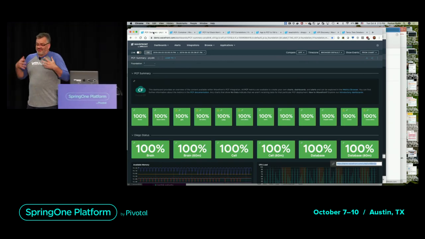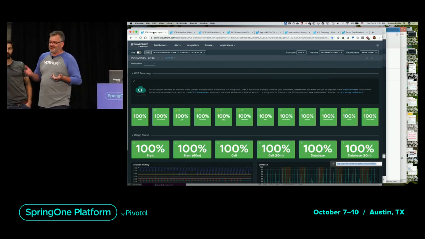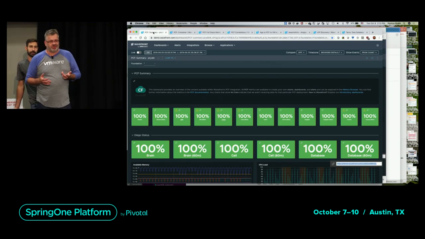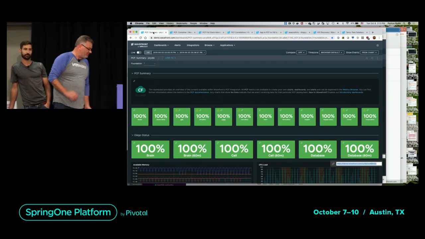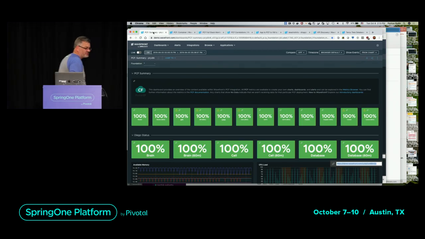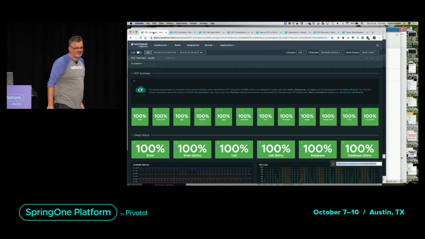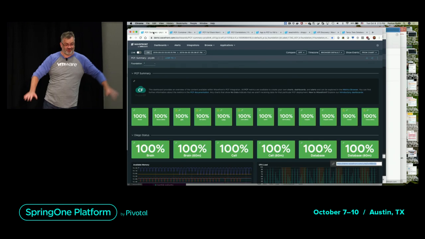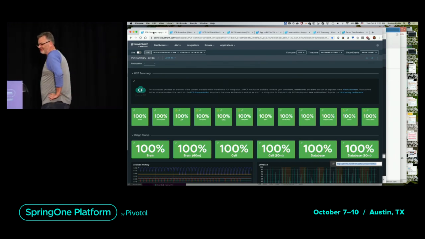Well, Pivotal Platform is really complex. It has a bunch of different components to it, and they all interact. And to make matters worse, that actually runs on infrastructure. You may think that things are serverless, but they're not. There's actually hardware and servers and stuff, believe it or not, right?